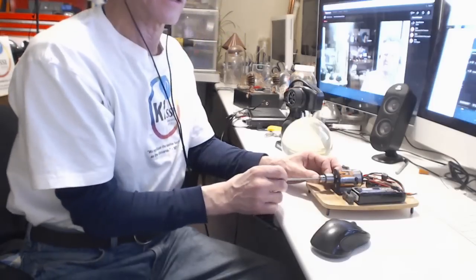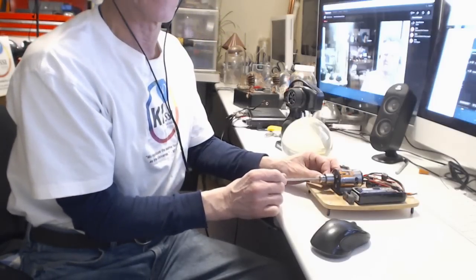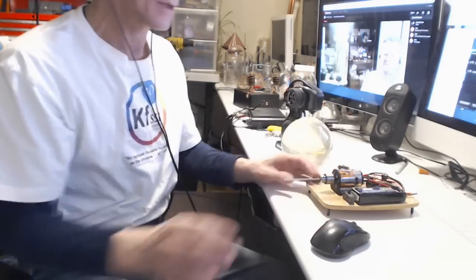And plus a shaft will tend to vibrate at its resonant frequency, depending on the diameter of the shaft, whether it's a tube or a solid shaft, and primarily the length. So for example, if we were to